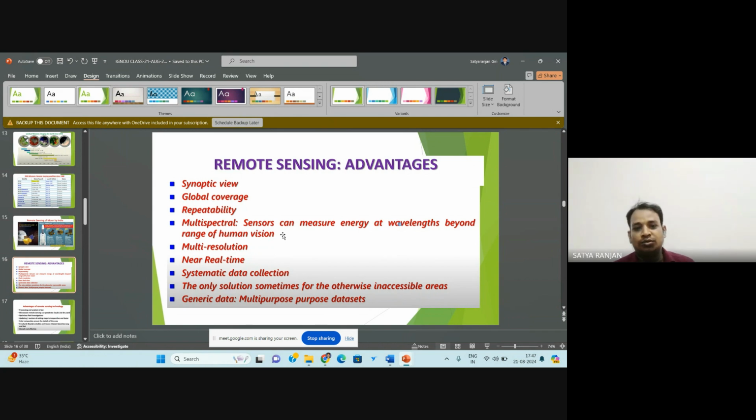Then multi-resolutions. One satellite image can have different resolutions. One is 10-meter resolution, another is 30-meter resolution. So in Landsat, or in Sentinel-2 data, 30-meter resolution data and 10-meter resolution data are available for different bands. And near real-time data is also available, like weather forecasting satellites, which provide real-time data,